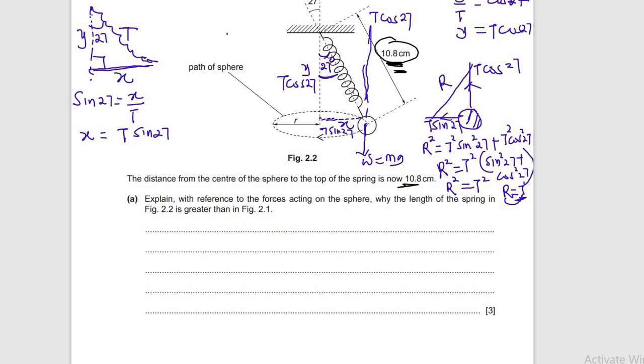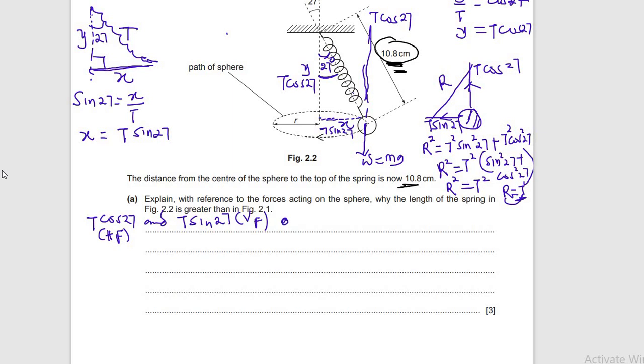So what we're going to do now is that we now put that into writing. Now the first point is this. The first point will be T cos 27 and T sine 27. That's horizontal force and vertical force